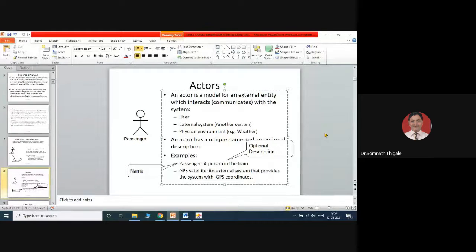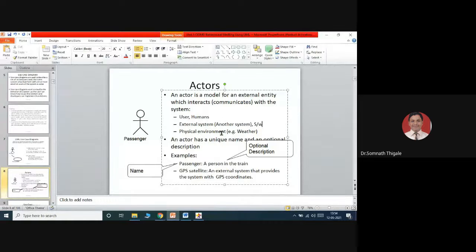So what may be the different types of actors? That may be users. User means simply human beings. So all humans we can consider as the first category of actor. Second, external systems. External system means another system also. That is, for my understanding, other software systems.